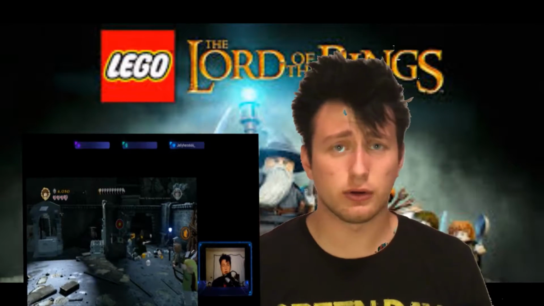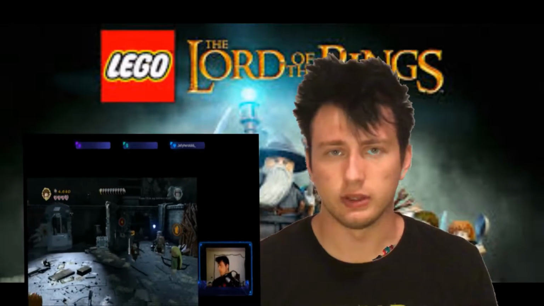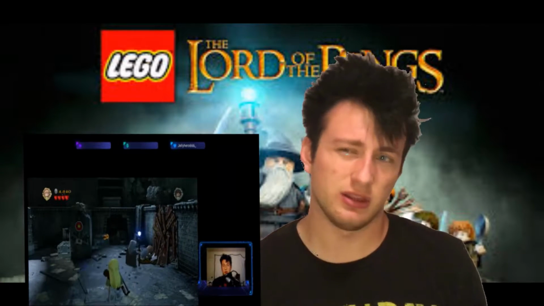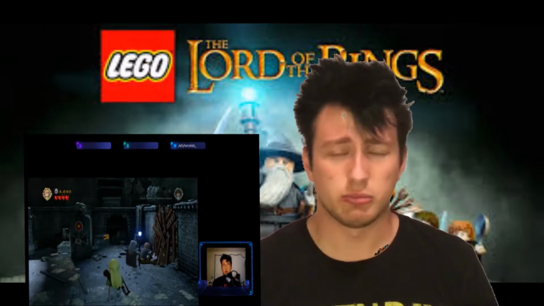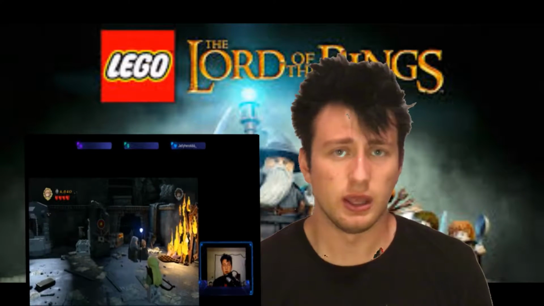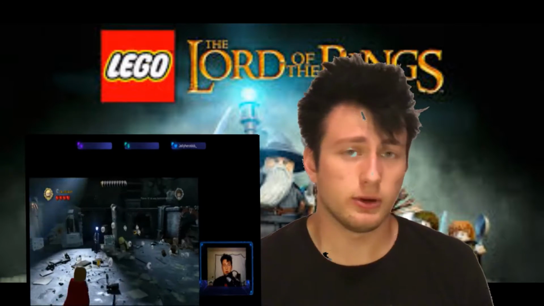So if you've played any Lego game, you're going to know how it goes. It puts you in a level that is based around an event or an area in the movies, or whatever it's based off of, and you have to make your way through this semi-linear level and jump and build and break everything in your path to try to get from point A to point B. All along, you can fight enemies in between and solve puzzles. And this formula works really well in the Lord of the Rings lore.